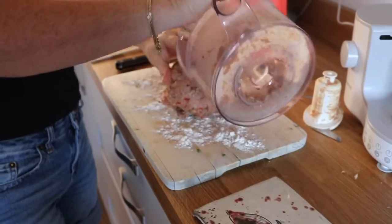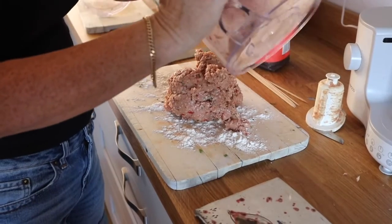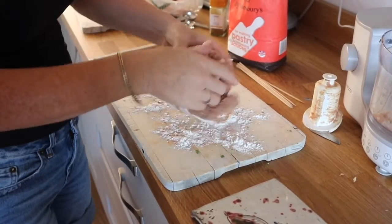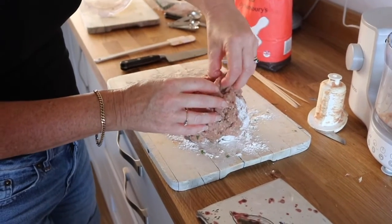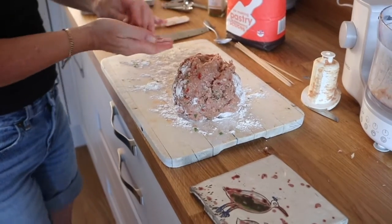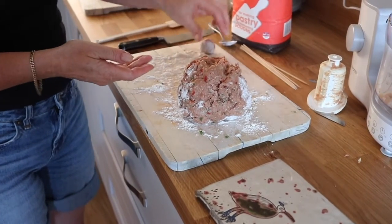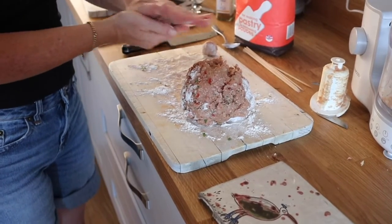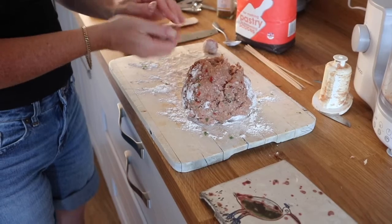So this mixture I'm now going to put onto a lightly floured chopping board, and I'm going to make it into little balls. I need to try and make them of equal size. And then when I've got enough of the same size, I'm going to skewer them